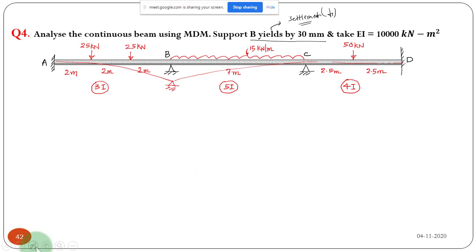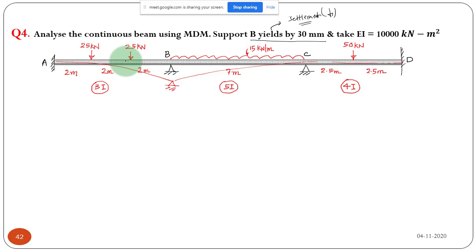So now how will you solve this? The first thing is, this is all a simple question and the procedure is exactly the same. If there is some settlement, how will you solve? You will write the FEM values, you will find out FEM considering only the external load. Only taking the external load, you will find out the fixed end moment values. The next step, you will find out the distribution factors. In the next step, you will do the moment distribution table. That is the procedure.